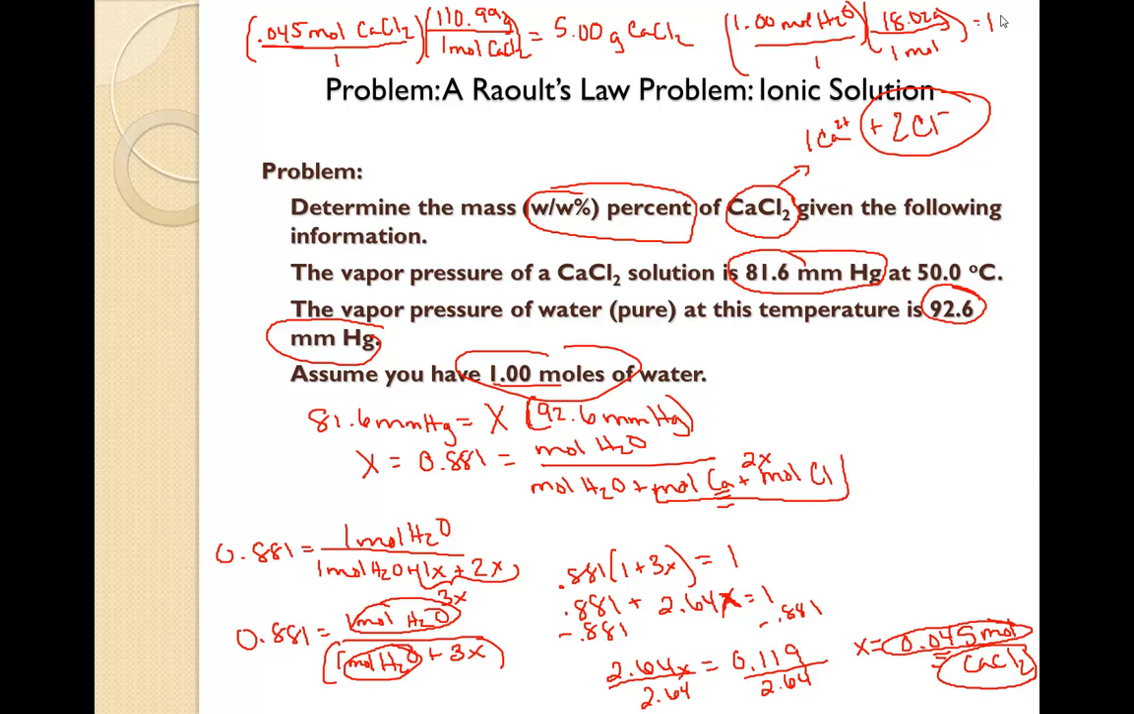Alright, so if we're figuring out the percentage by weight, 5.00 grams over 5 plus 18.02 times 100. That comes out to be 21.7%. That was a rather difficult one, but remember, when you have an ionic compound, you have to break it